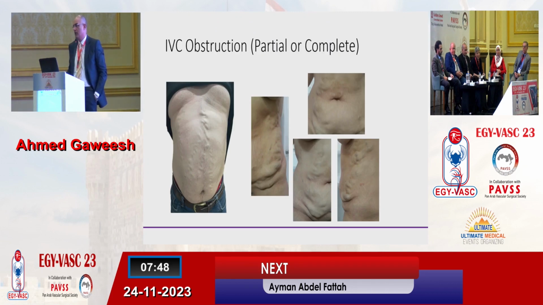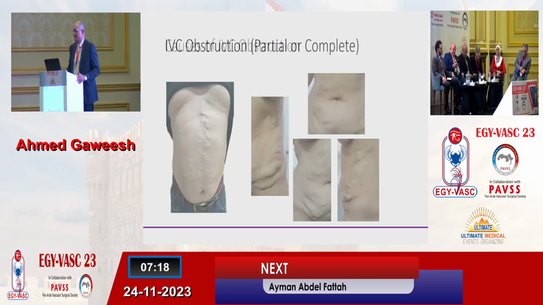It's not quite infrequent that you face patients who come complaining of abdominal wall varicose veins, if they show you this themselves. Sometimes patients do not tell you about it, but when you examine the patient, you have to expose the belly, because sometimes the patient comes complaining of lower limb varicose veins and you find this nasty abdominal wall varicose veins as well, which denotes inferior vena cava obstruction,